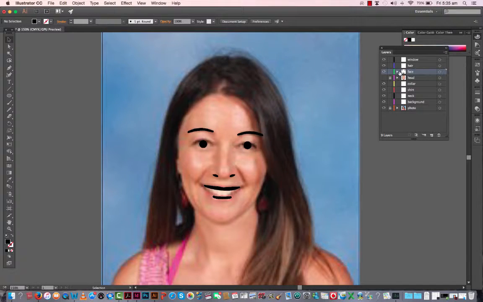Hair is the very top layer, and let's work on that. Try to think of the partition as this kind of borderline between two parts of the hair, the left and the right. So let's start